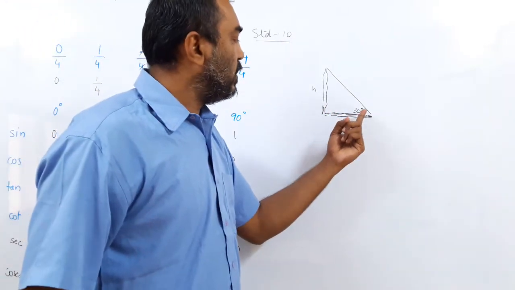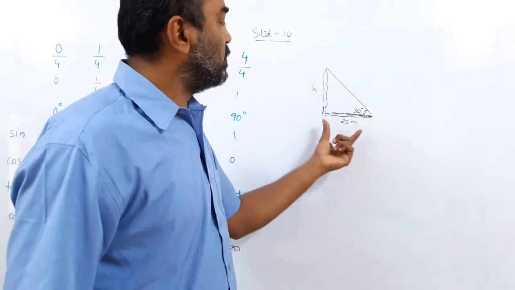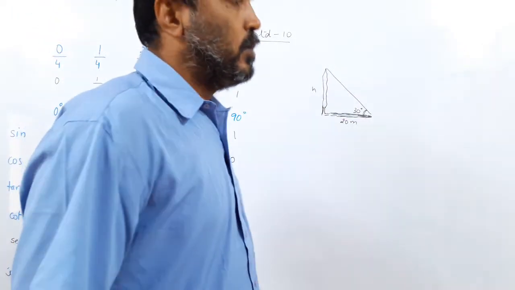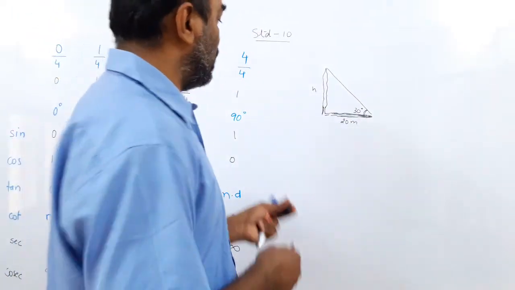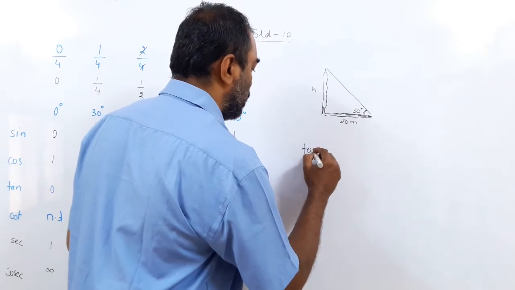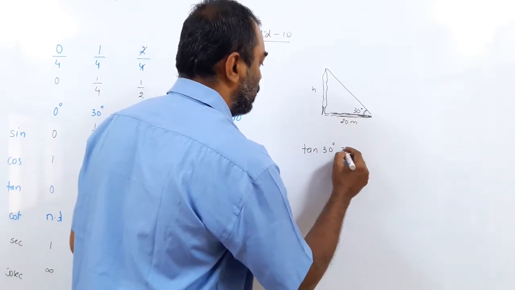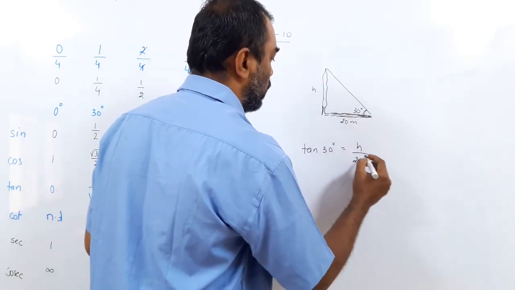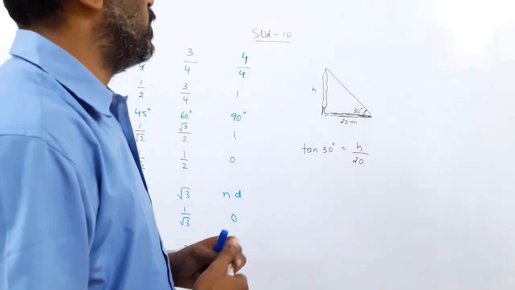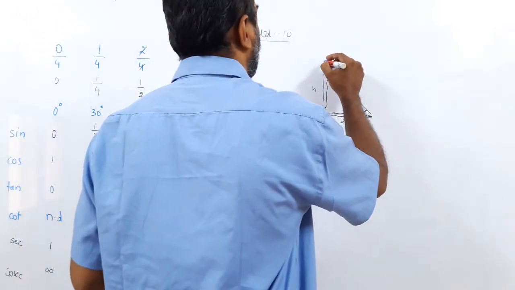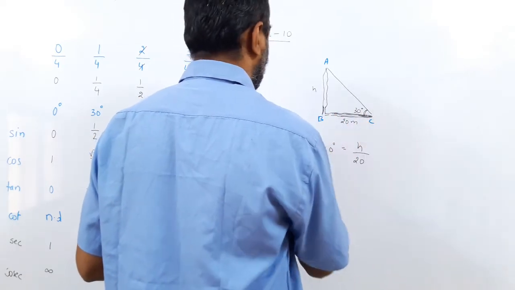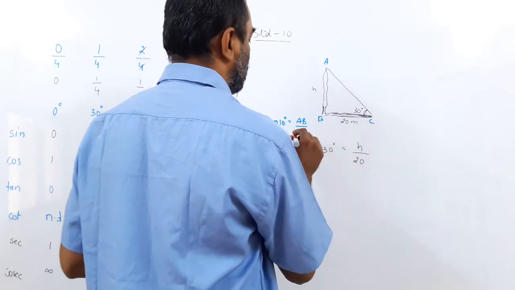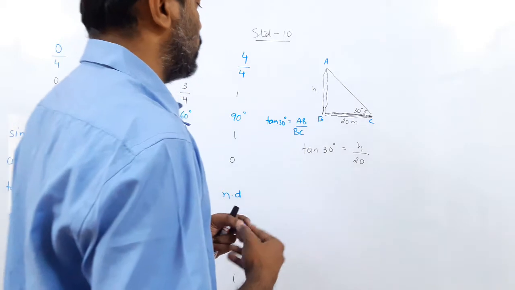Now this is the angle theta. So this is the opposite side and this is the adjacent side, right? So what is the ratio we know that we had done before using adjacent and opposite? So let us take tan. Let me write tan of the angle, tan theta is opposite upon adjacent. So what is the opposite side? H upon 20. 20 is the adjacent. Okay, so have you followed what I have written? If I want to name them, I call this A, B, C. So tan 30 is opposite, that is AB, upon adjacent, that is BC. So tan 30 is H upon 20.